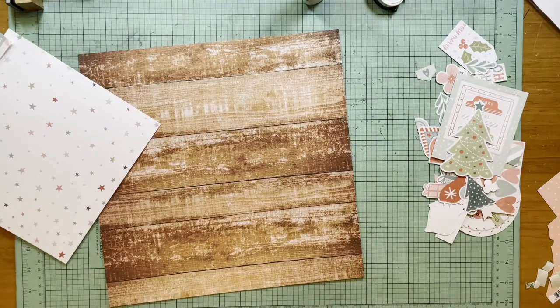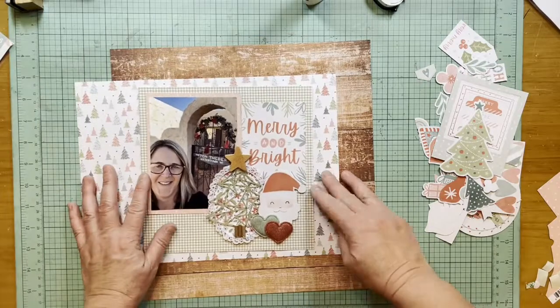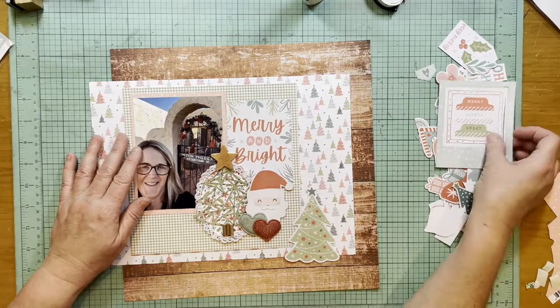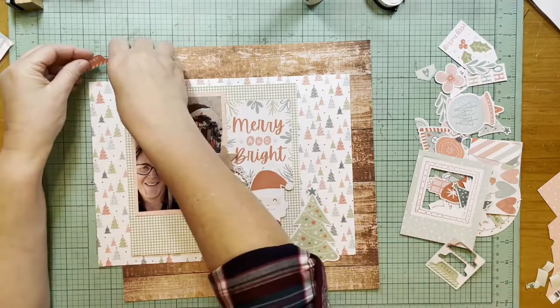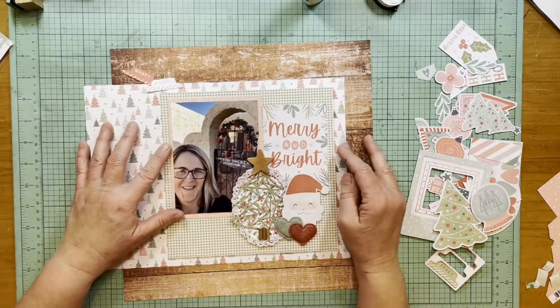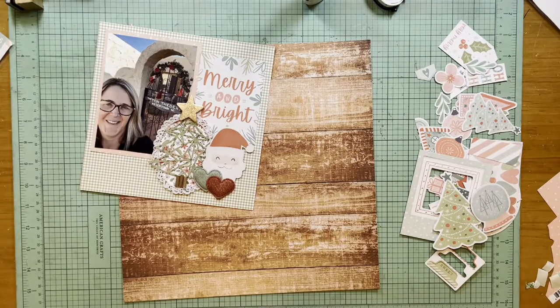And then I'm going to add in this Christmas tree paper behind it because of the Christmas tree there. And this came from when I was in Arizona, and I'm outside my mom's house with her cute little gate and a sign that my grandfather made her years ago for that. And then this is all going to go on that wood paper just because of the Christmas tree,